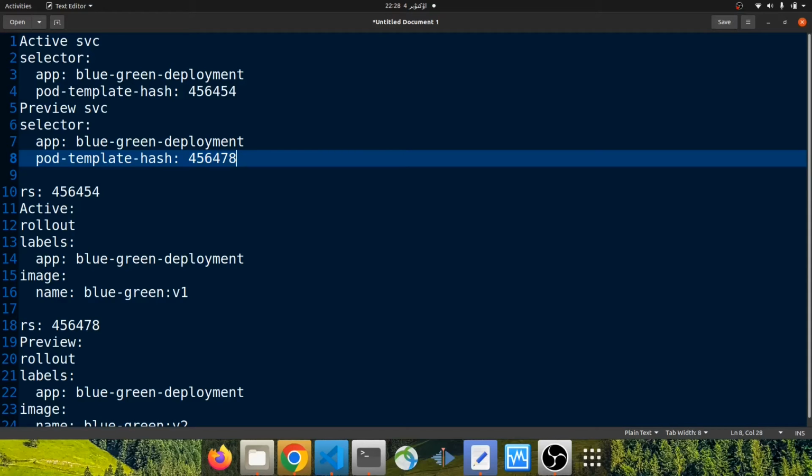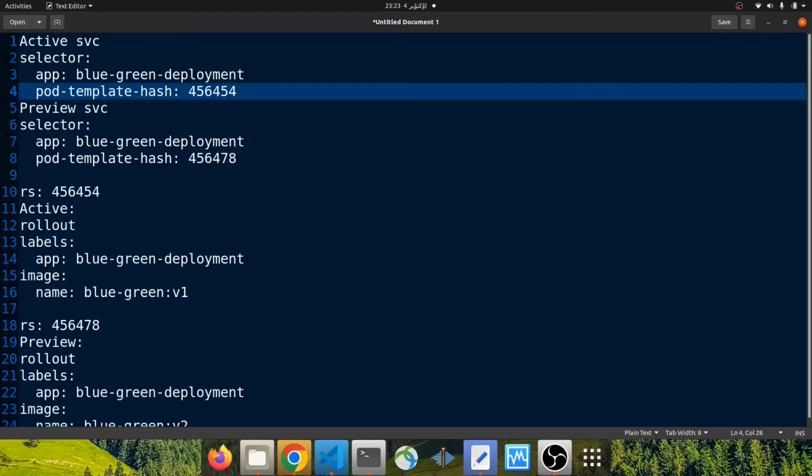So it was about preview service and active service and blue-green strategy. In this situation, our users are using the first version of our application. If we want our users to use the second version of our application, we can promote the rollout. If we promote the rollout,